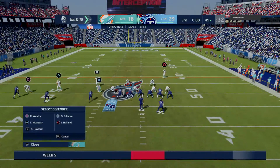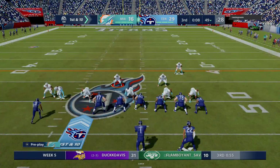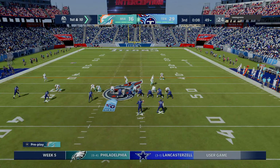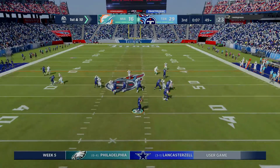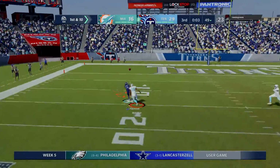Tennessee offense about set and ready to go. This is sort of what you would call a put-away drive, isn't it? They score here, especially a touchdown, it's almost out of reach. It certainly feels that way, and I think that they're going to call their plays accordingly because what you really want to do, even though...